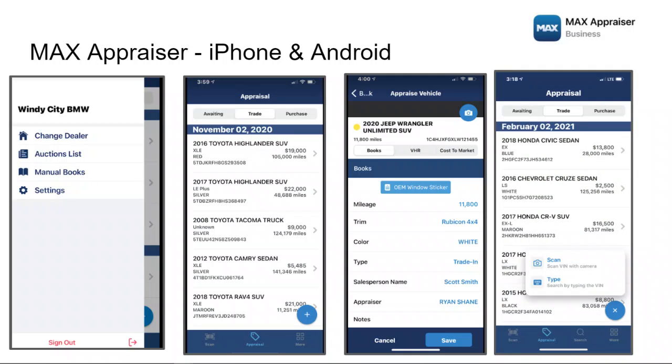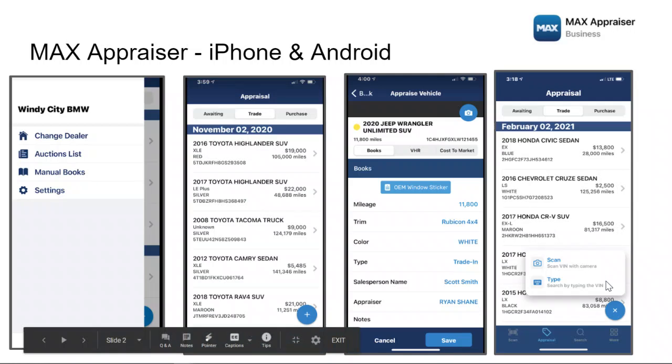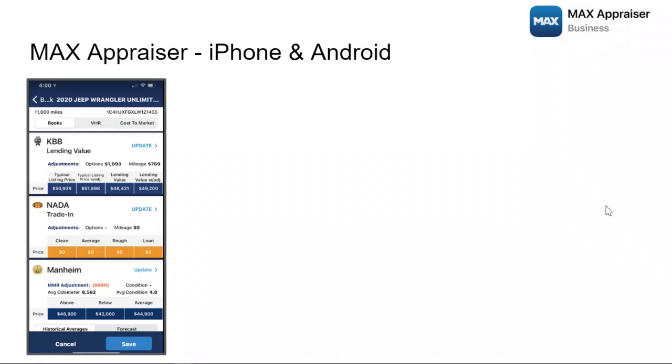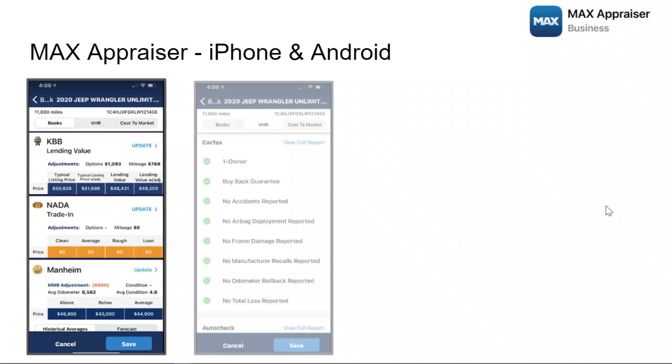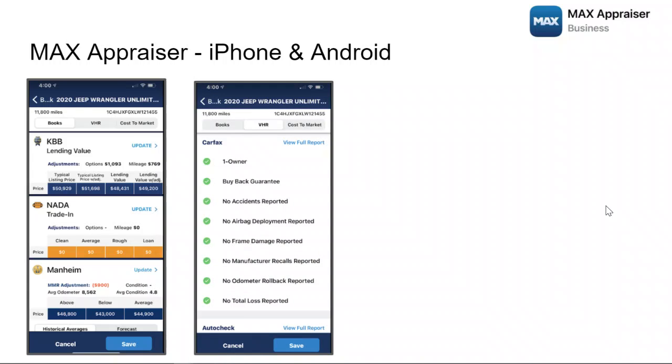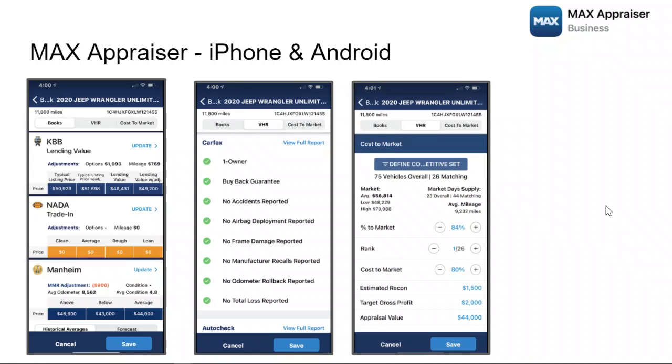To manually enter or begin an appraisal, just click on the plus at the bottom right. It'll add and open up this scan or type box, and you can enter in the appraisal information. A deeper dive into a particular appraisal, you'll notice all book values and auction values are available. Carfax and or AutoCheck information, depending upon what you use at your store, as well as our cost to